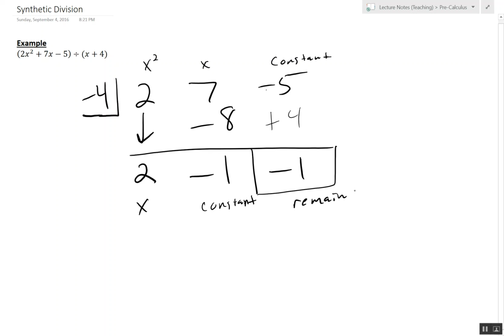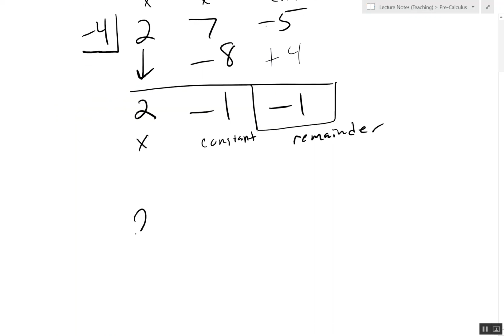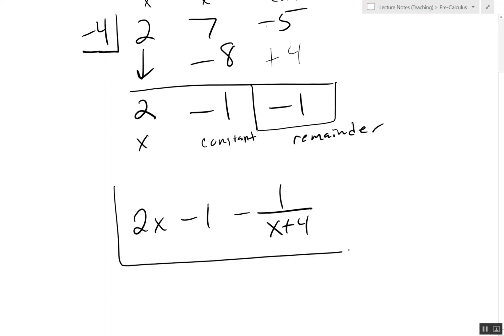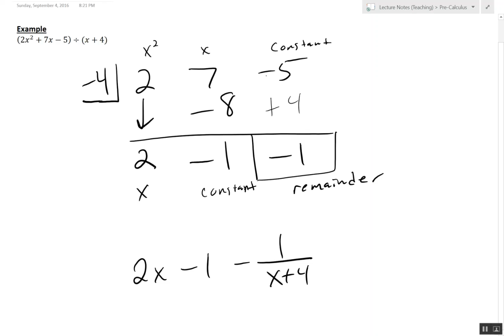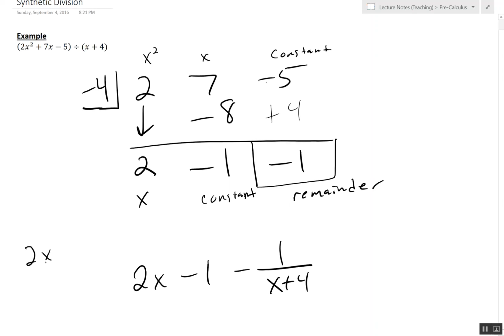So what we have here then is that our answer is going to be 2x minus 1 minus 1 all over x plus 4. And so that is what this division will yield. So that's 2x squared minus 7x minus 5 all over x plus 4